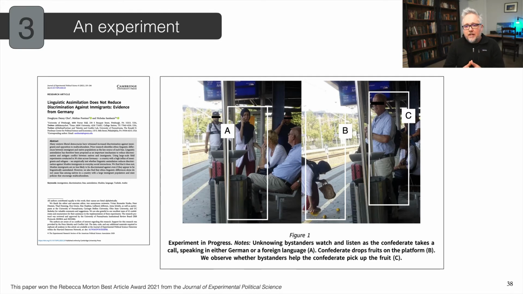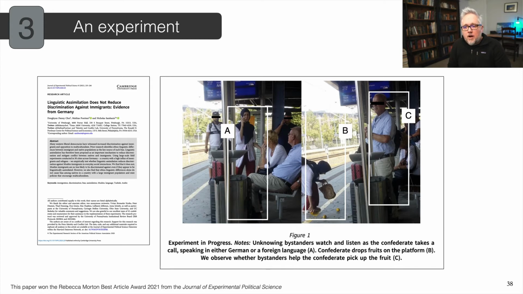In this article that I came across in the Journal of Experimental Political Science, a journal that just focuses on experiments, though experiments do get published in other places. There's EGAP and other initiatives to try to encourage people to run more experiments. But I thought this one was interesting.